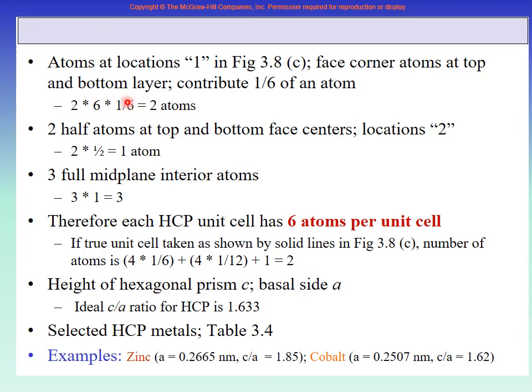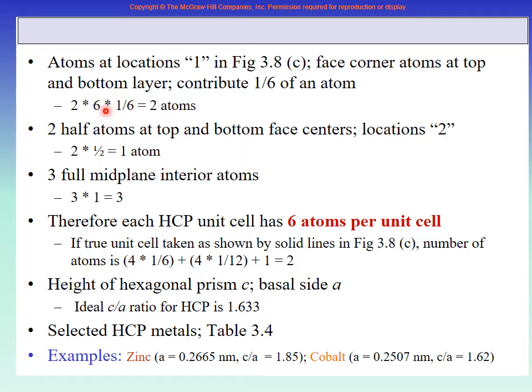We cannot find it by ourselves. I told you that if you do it in a package like AutoCAD, SolidWorks and so on, then you can slice on each of the faces, and then you can see that the corner one is actually 1 by 6 or 1 by 8. Here we take their word that they have already done it, so they know that the corner atoms are 1 by 6.